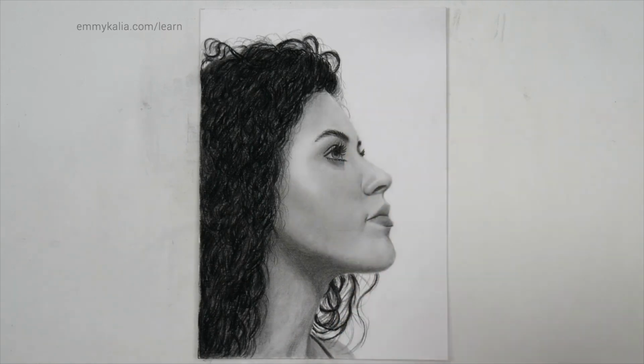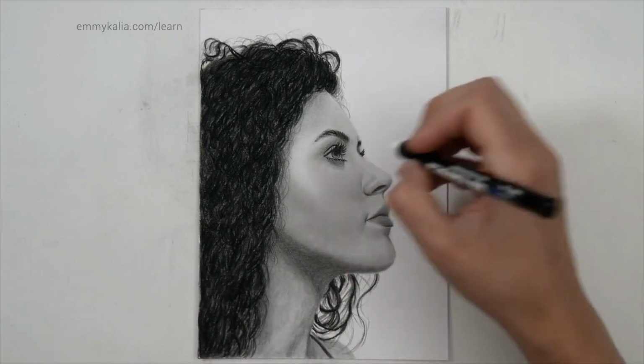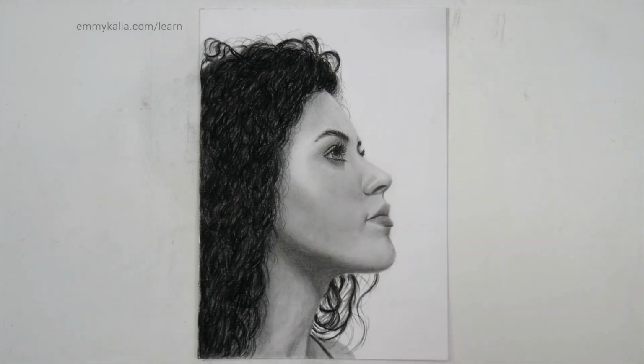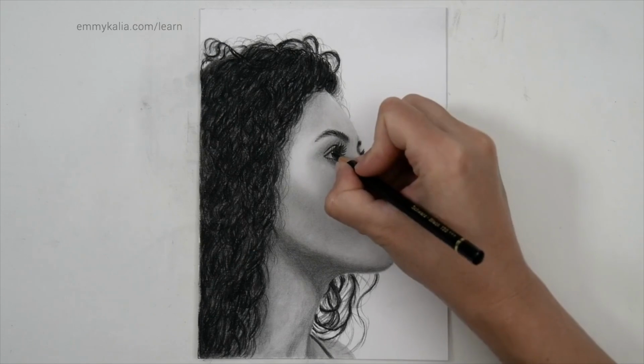Oh, now that I'm working on the eye, I want to use the white marker and just draw that tiny dot, like that. And I can really see that bright highlight. And the highlight got a bit bigger. What I do is use the black colored pencil,